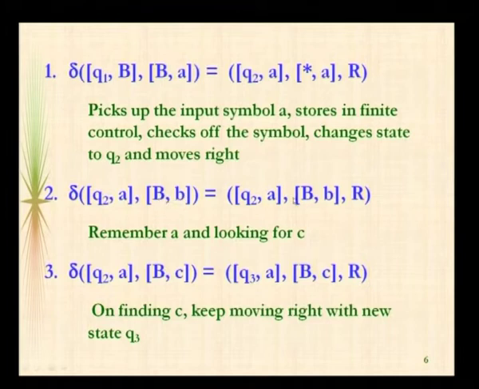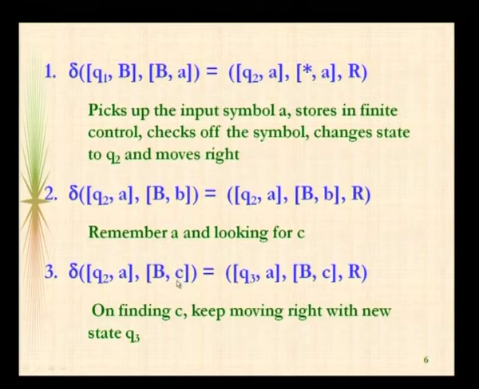So, we keep this B as it is, and we should not update the finite control storage either, because that storage holds the very first symbol checked recently, which should be combined with the second part of the string, so that we can ensure the string is of the form W followed by C followed by W. The only thing is we have to keep moving towards the right. As long as we find more unchecked symbols in this first part of the string, we stay in state q2 and keep moving right. At one stage we will find that the second track of the Turing machine, in the input,